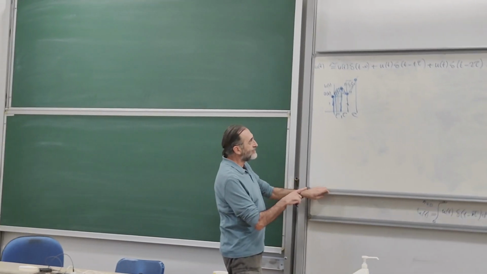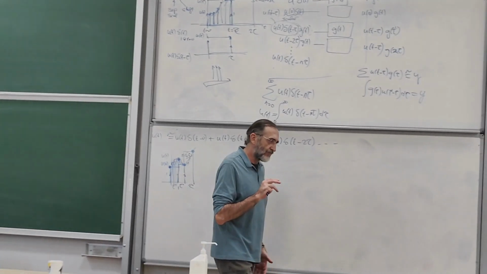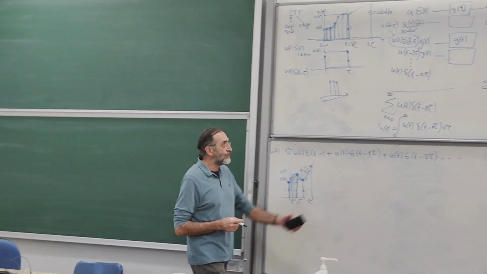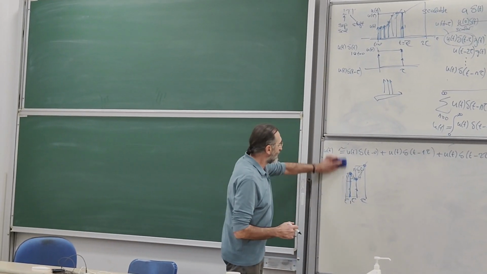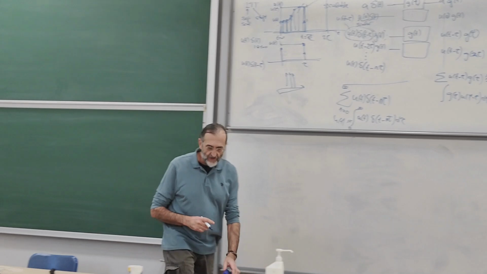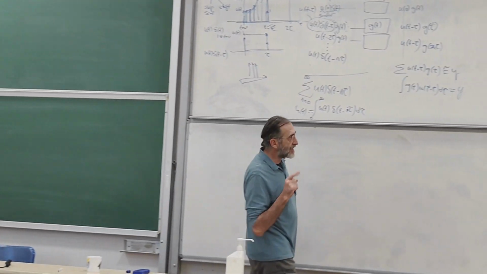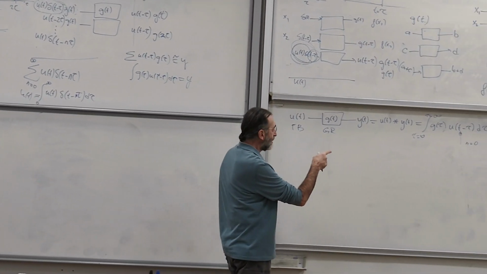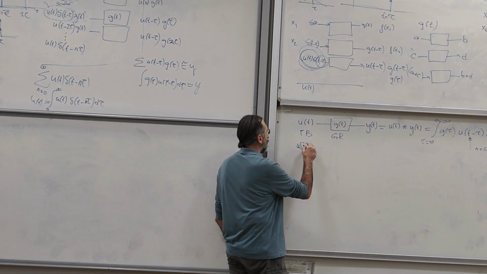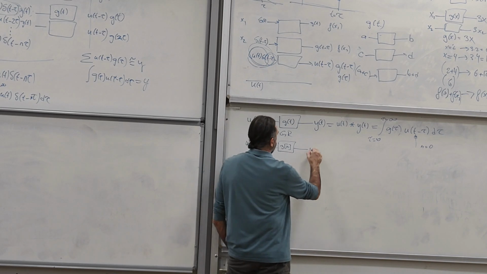Alright, so we have the convolution integral now in our pockets, I hope. But of course you need to go home and study hours and hours on this until you do all this by yourself without looking at any source. Now we're going to do the same thing on a discrete system. This time u of t becomes u of n, g of t becomes g of n, and y of t becomes y of n.